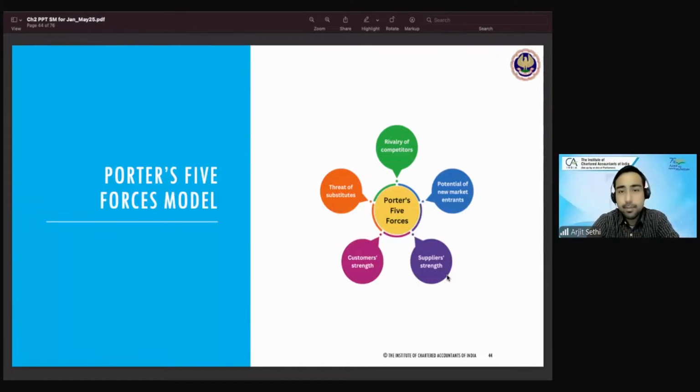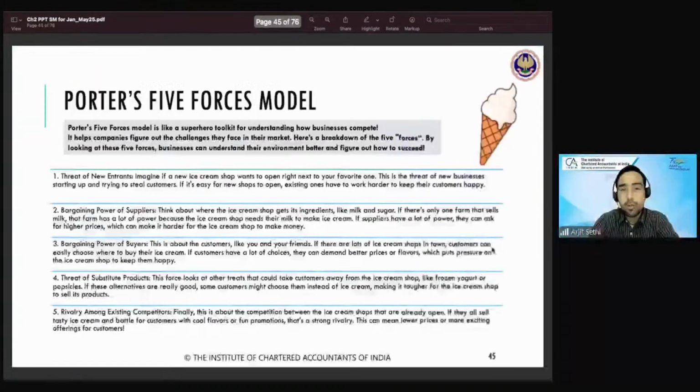In a country like India, people might just steal your batteries if you open up things, so you have to be careful of how things happen in the country as well. But let's get into the details of Porter's five forces. Okay, number one, threat of new entrants, bargaining power of the supplier, bargaining power of the buyer. You will have this PPT, I'll upload it, you can revise it from here, but let's focus on what's important for us to study here.